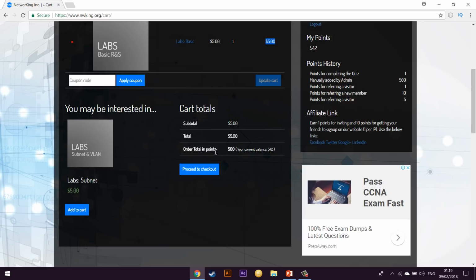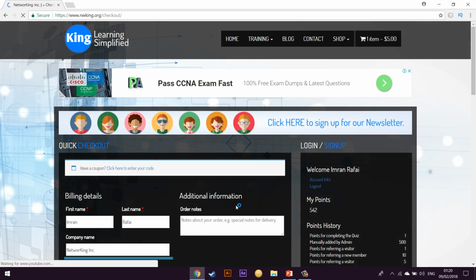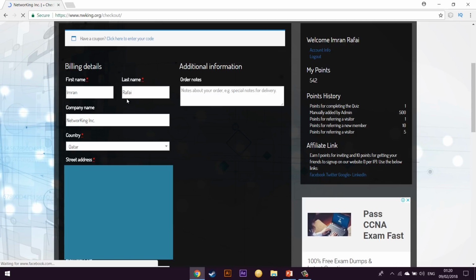Your order total in points. This is important. It says I can buy this order for 500 points, and it says your current balance is 542. I have 542 points and I can buy this. So I click on proceed to checkout. That takes me to the checkout, and I put in all the details here.